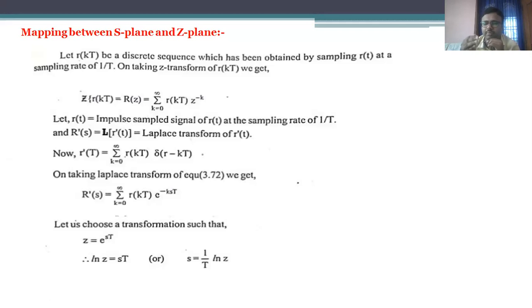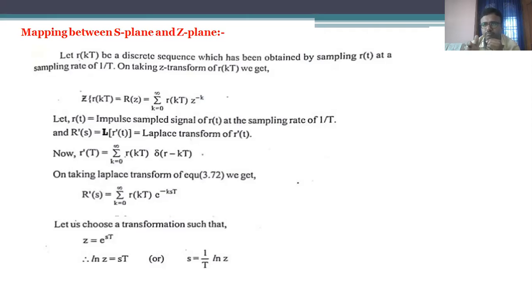In detail, in case of the S-plane, the system is said to be a stable system if all the poles lie on the left hand side of the S-plane. In case of the Z-plane, the system is said to be a stable system if all the poles lie within the unit circle. With regard to the S-plane, all the poles have to be placed on the left hand side of the S-plane. Then that particular system is called the stable system.